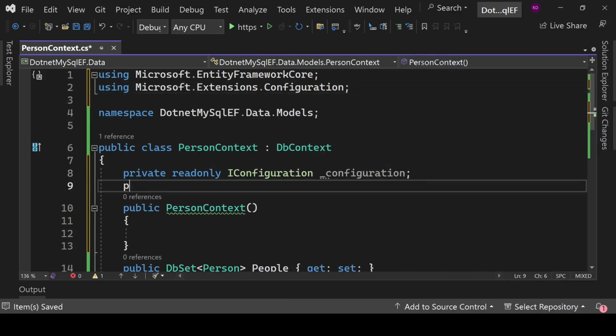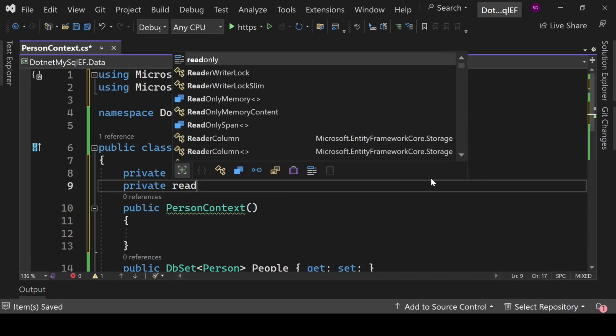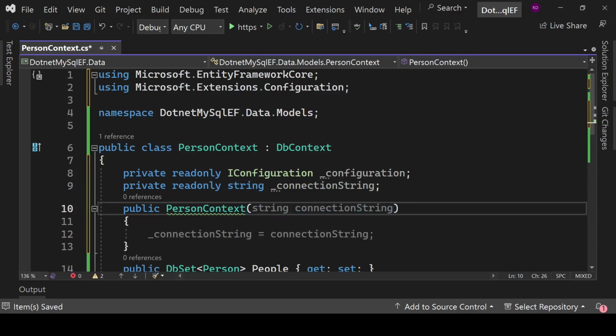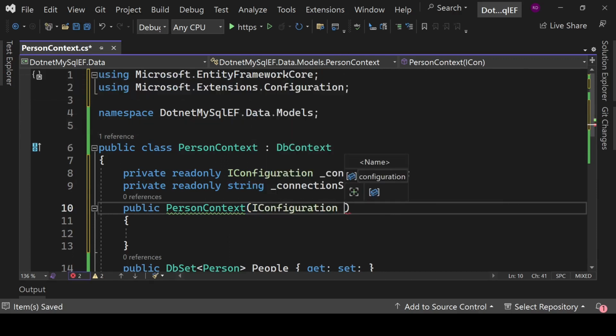One more thing here, we will define another private field here, private readonly string, and it should be connectionString, and here we will write IConfiguration, that's it,